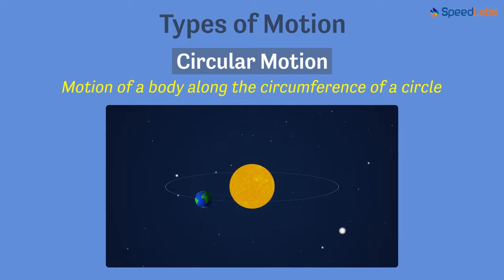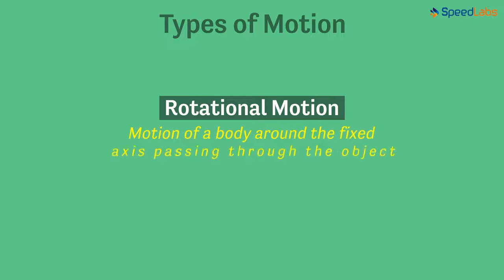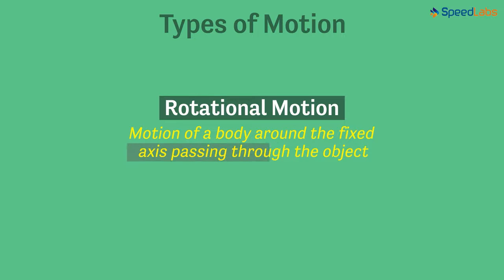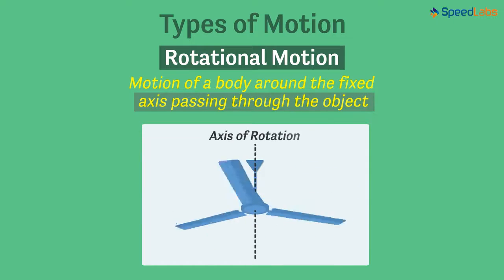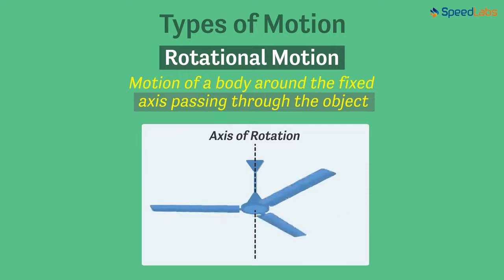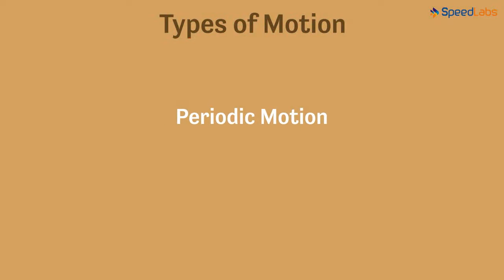The third type of motion that we saw is a rotational motion. It is the motion of a body around a fixed axis which is passing through the object. This is important. The axis has to pass through the object. Example of rotational motion is a ceiling fan rotating along its axle. So you see that if I draw a hypothetical line called the axis of rotation, then it's passing through the fan. And the final type of motion is a periodic motion, which is the motion that repeats itself in equal